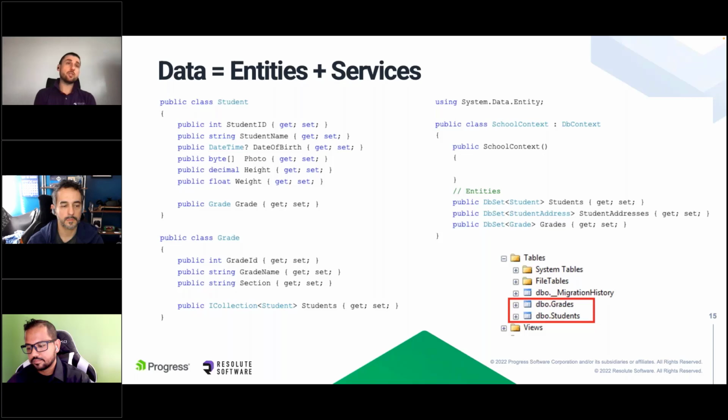Student, grade, these are relational tables in your SQL database, for example, and you are materializing your table rows in C# instances. We also have, in Entity Framework, the concept of a database context that comprises the set of all database entities and their relations that your database works with or provides. So this is a combination of all your tables and entities in one.